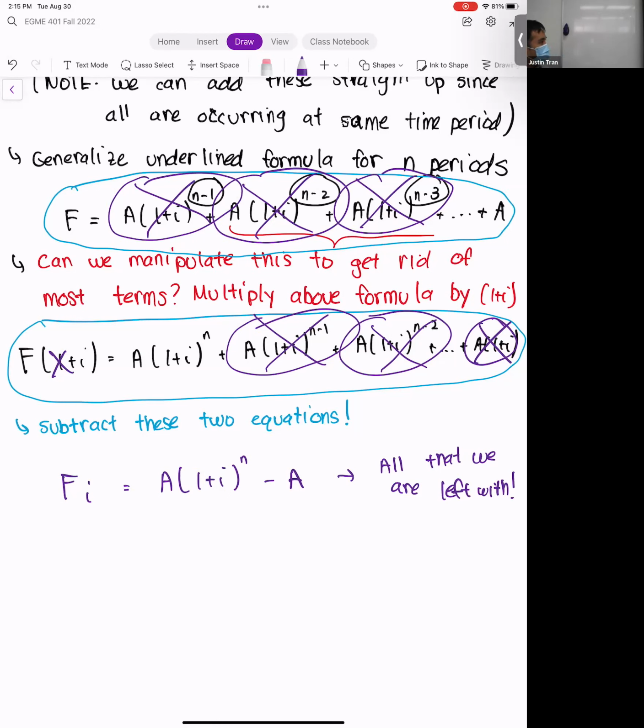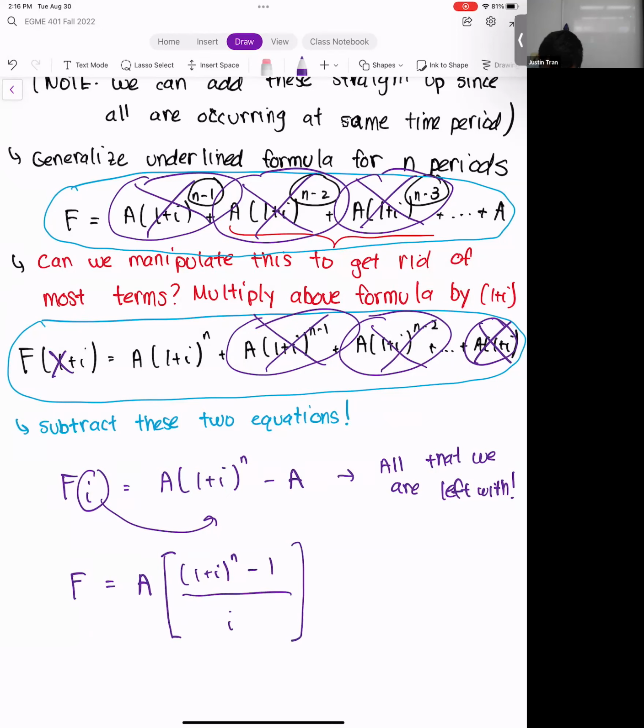And so we canceled out the infinite series of addition by another infinite series of addition. So, fighting fire with fire. And I'm going to do one thing here just to simplify it a bit. I'm going to take this I and divide it by the bottom here, okay? And this will be the first of our formulas that relates F to A. And so what we get is that F is equal to A times 1 plus I raised to the N minus 1, divided by I.